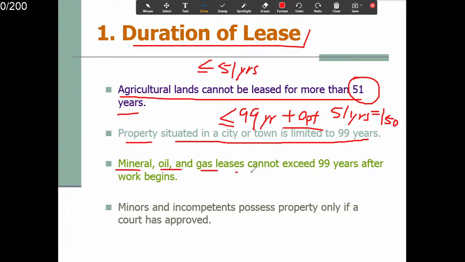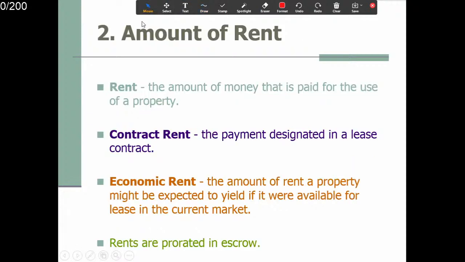Mineral, oil, and gas leases cannot exceed 99 years after work begins. Okay. So again, 99 years. 这个矿、油田、瓦斯田等等，OK，也是99年可以租。Minors and incompetents possess property only if a court has approved. OK，一个不够年龄的、脑子有问题的，他租约啊都要法庭去判断。